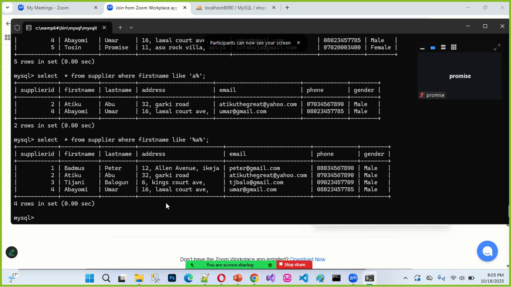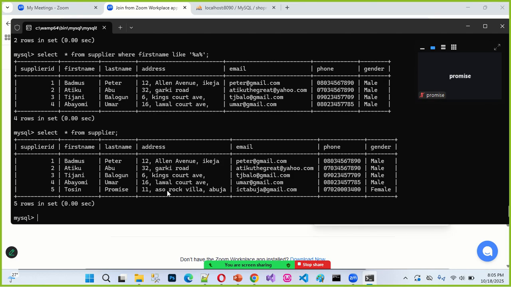Okay. So apart from using this particular word like again, what about a situation whereby I want to retrieve some specific emails? You can see that I have some emails that are Gmail here and some that are Yahoo here. Again, I can have another word, supplier now. I can add another supplier.